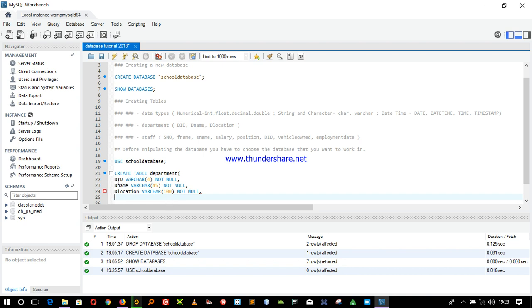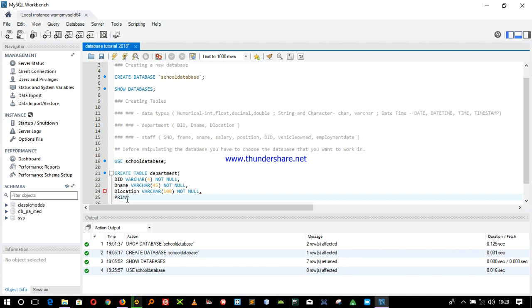And we also talked about the primary key. We have to choose the primary key, and the primary key is the unique identifier of a row in a database table. So in this case, in table department, which of these can be our primary key? We can see that there is no department that is going to share a DID with another department. So our DID is our primary key.